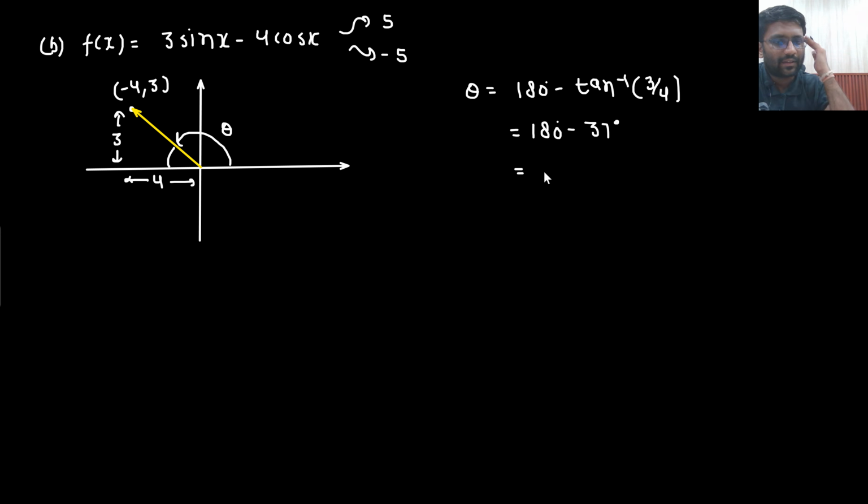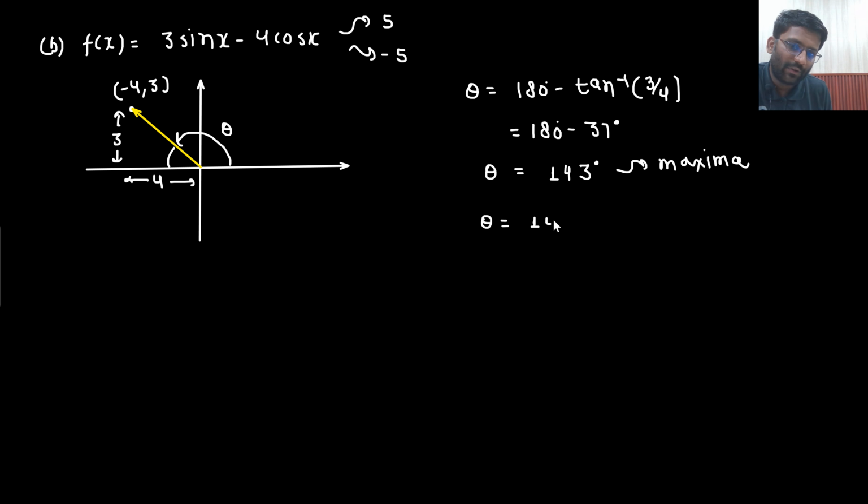That you can see, right? So you will have 143 degree. So at 143 degree you will get a maxima. This is the point of maxima. And what will be the point of minima? So point of minima would be 143 degree plus 180 degree,